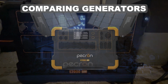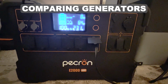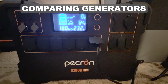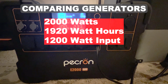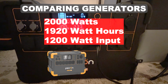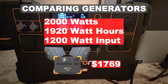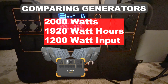Let's take a look at 3 different solar generators, for example, to see if they meet our requirements. The first is the generator we've been demonstrating in this video, the Pecron 2000 LFP, which stands for lithium ferrous phosphate, or the lithium iron that we're looking for, because it has a lot of charge cycles compared to a standard lithium battery. Now this one has 2,000 watts, 1,920 watt hours, and a maximum charging wattage of 1,200 watts. This particular generator alone without the solar panels costs approximately $1,169. Now with 2 panels, it's $1,769, and with 4 200-watt panels for a total of 800 watts for charging, it costs